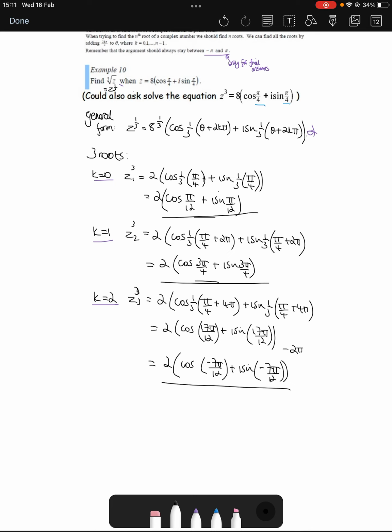Now, there are different ways they can ask this question as well. In this case, what they've done is they've given you the polar form of the complex number that they want you to get the roots